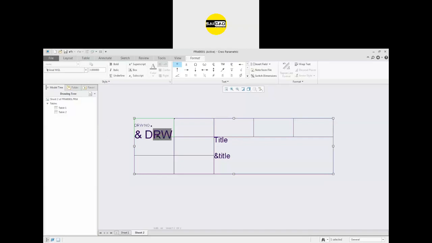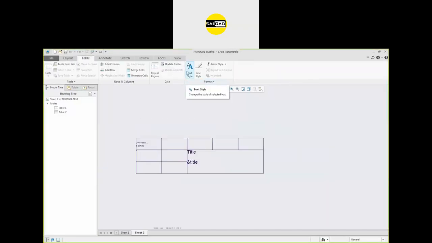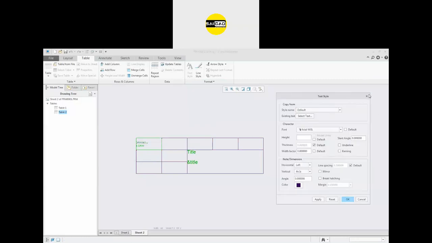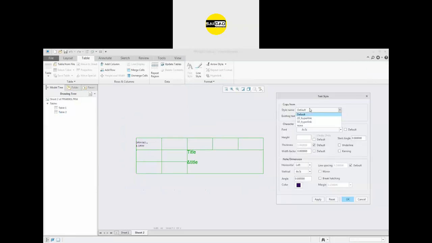So now the size is large here like that. Now I want the scale here. You can see we are getting some repeated options. So go to the text type. Okay, select the region where you want to define the text style. You can just select like that. Okay, and you will get the text style like that. So select everything and go to the text style default. This is default existing select.